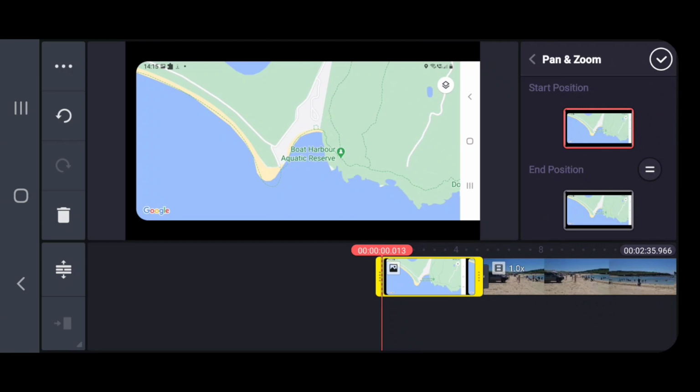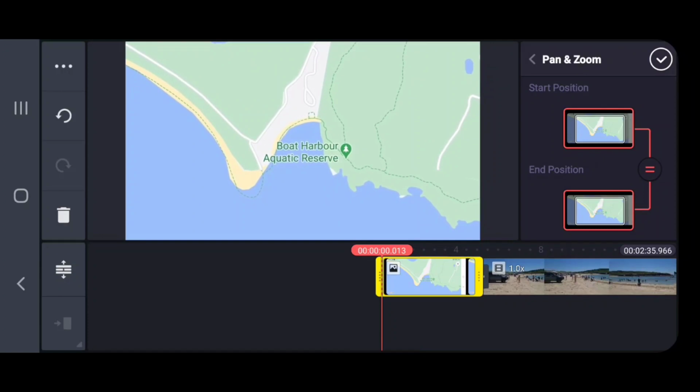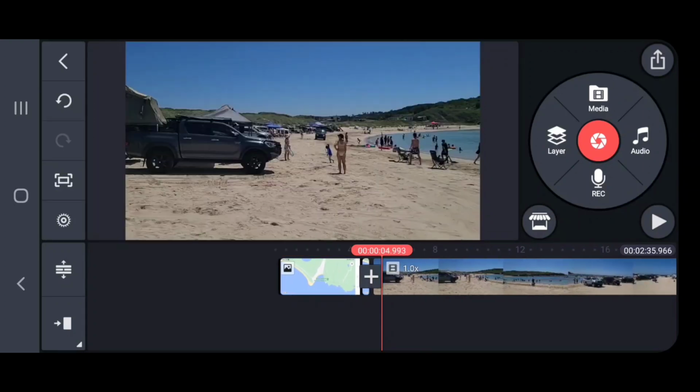So it's got start position and end position. We want to lock those two, so click that little middle button there. It's going to lock those two aspect ratios now, and I'm going to expand it out a little bit better, like that. So I want it something like that, and we'll just click OK. So now we have that,